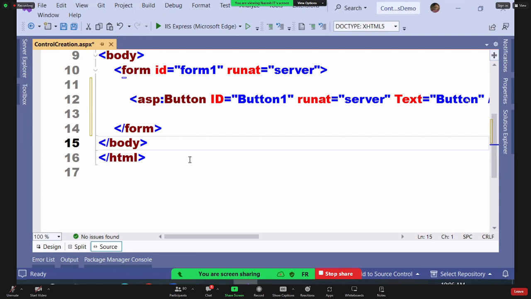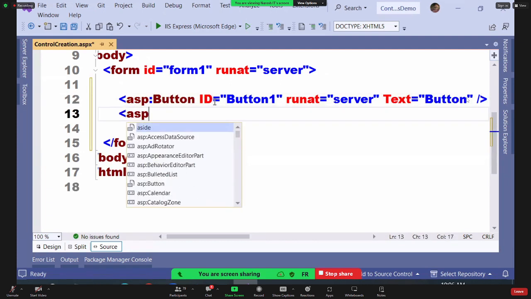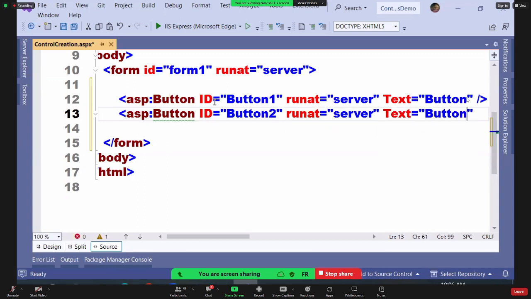Second, you can create a button through source also. How, sir? You write the same code now. ASP colon button, ID is equal to button 2, runat is equal to server, text is equal to button. You may have a doubt here: sir, can't I use the same ID? No. Why, sir? Because, listen,